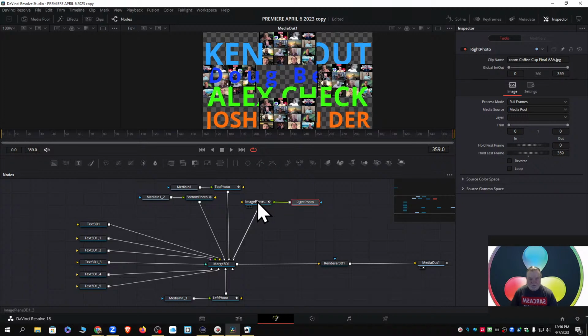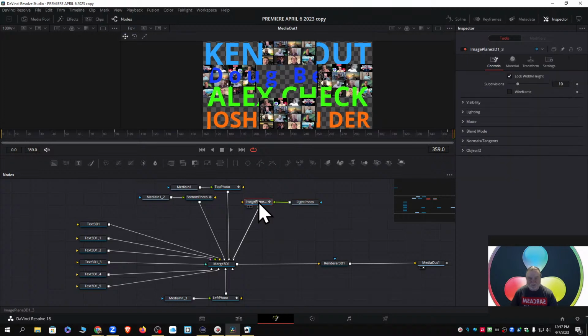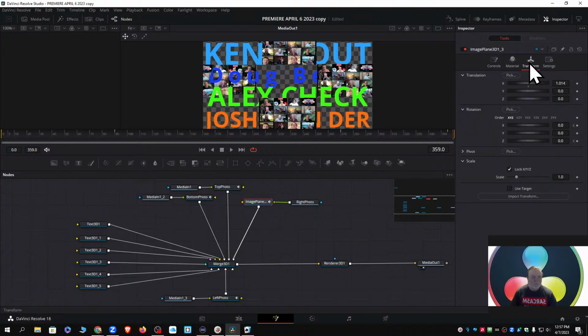Because I want to be on the image plane. Did I rename the wrong things? I probably did. I renamed the wrong thing. But that's okay. We know this is the right photo. We know it's going into here. So if I disconnect that, that goes away. So that's cool. I'll clean all that up later. There we go. So in the image plane, how do I get that